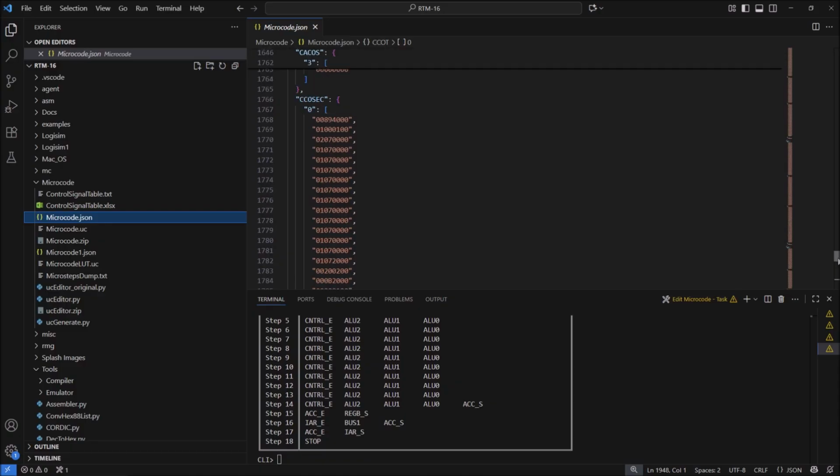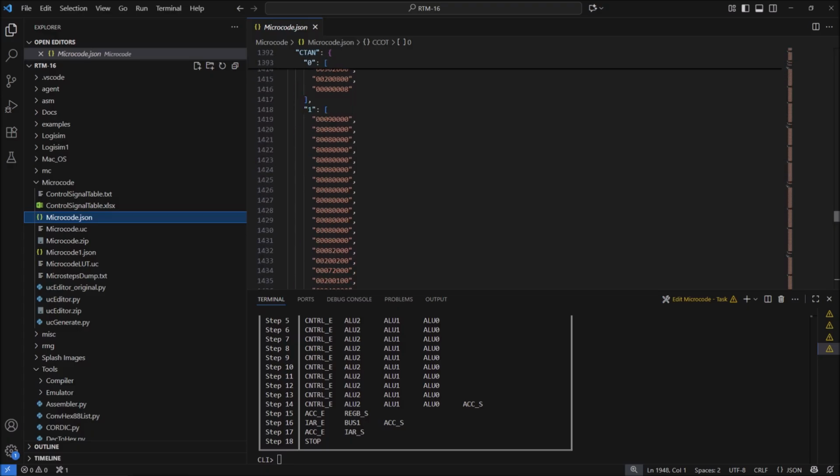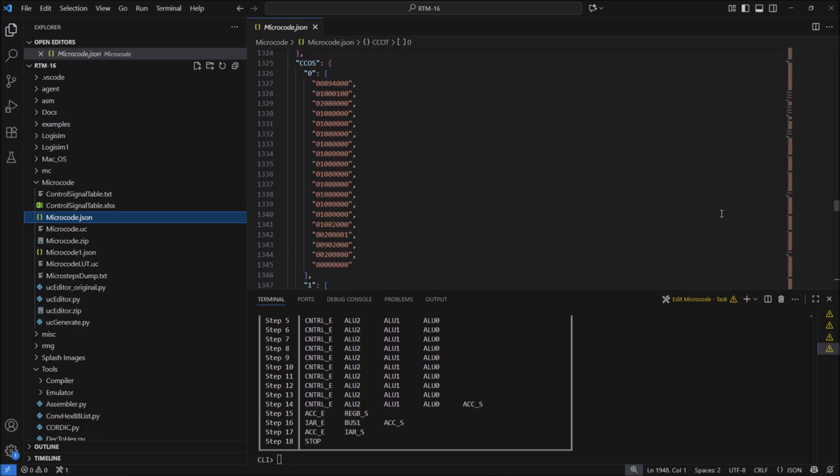Somewhere within here you're going to have the actual instruction for the CORDIC sine. If we head up just a little bit, that's CORDIC tan, cosine,